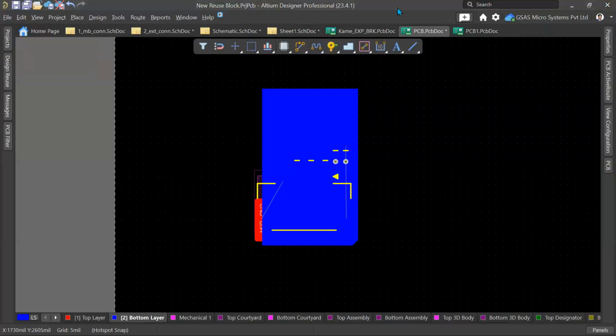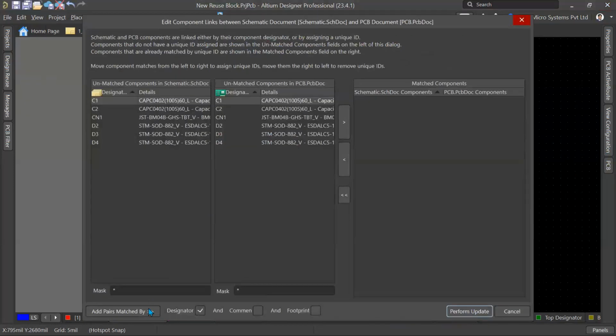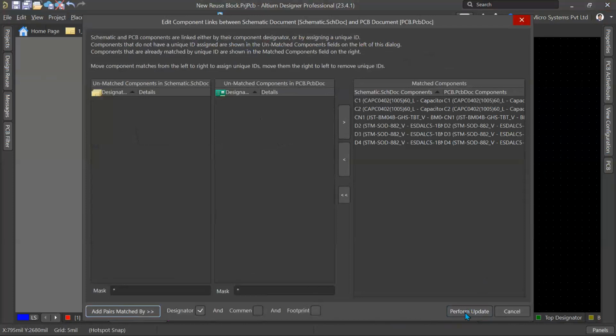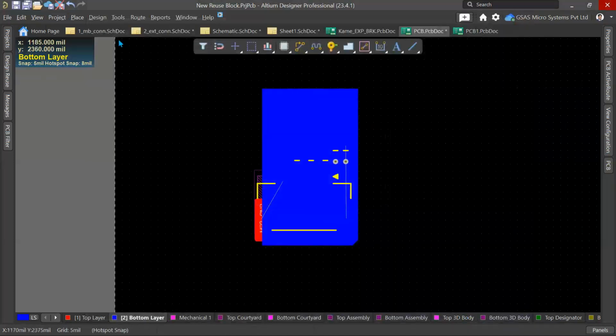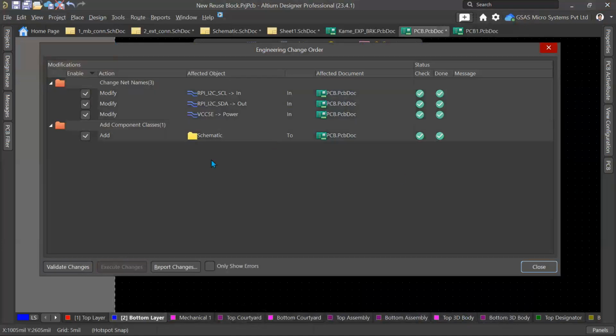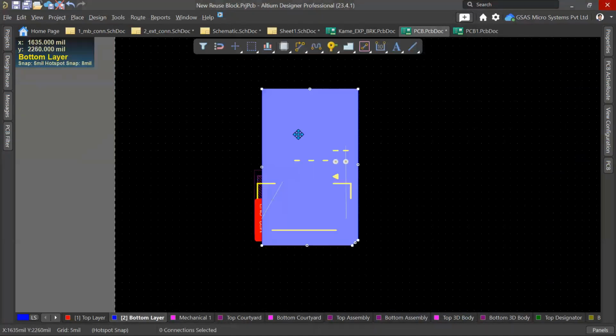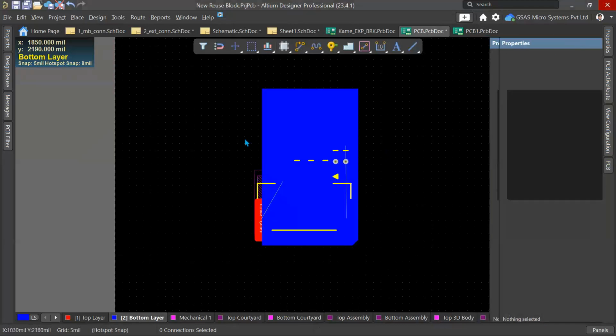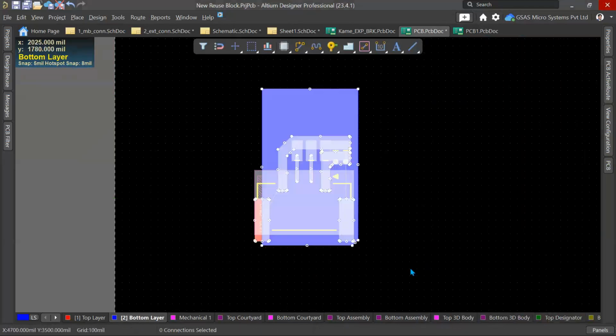I'm sorry, I forgot to do this, which is very important. For this, first we need to do the component links. Just add Space Master by using the designator. Once matched, just import changes, which will make sure all are in sync. Now, yes, it's been powered. That's great. Then now copy this again,